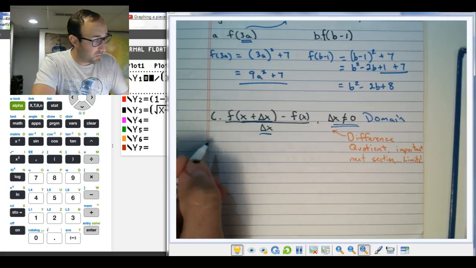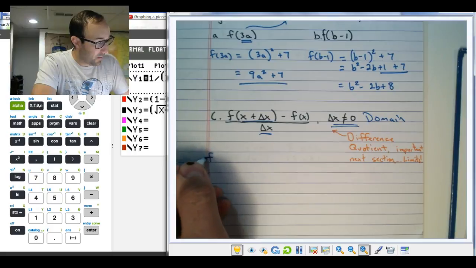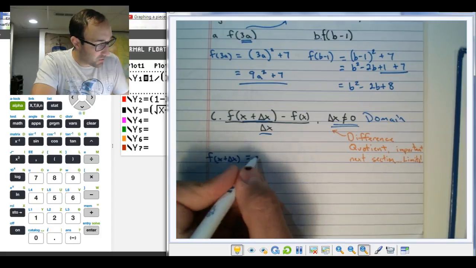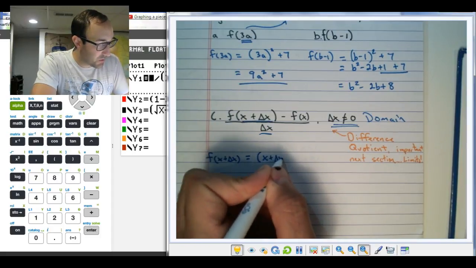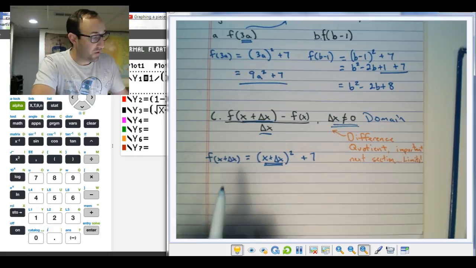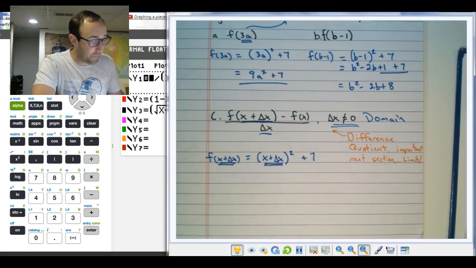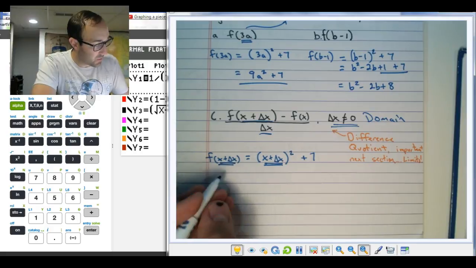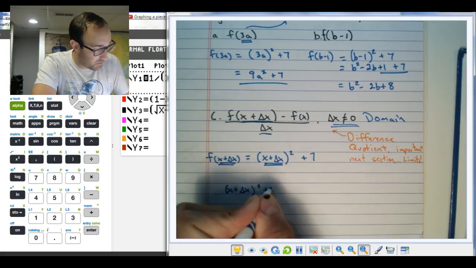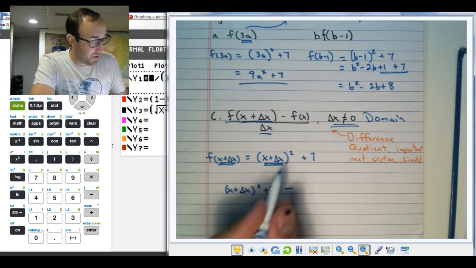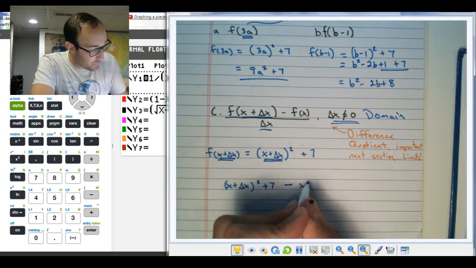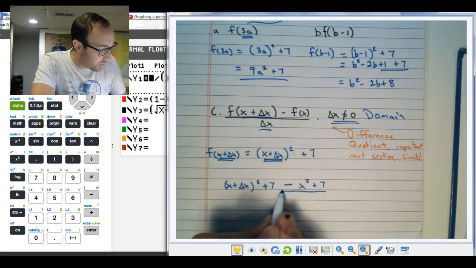All right, so we can say that f of x plus delta x is going to be the same as, we're going to put in parentheses, x plus delta x squared plus 7, right? The only thing we did was replace that first value with the stuff that's inside the parentheses here. Okay, so we have that. So then this whole thing is going to be x plus delta x squared plus 7. And then we're going to do minus our original f of x, which we don't have to change anything. It's still going to be our same function, x squared plus 7. And that's going to all be over